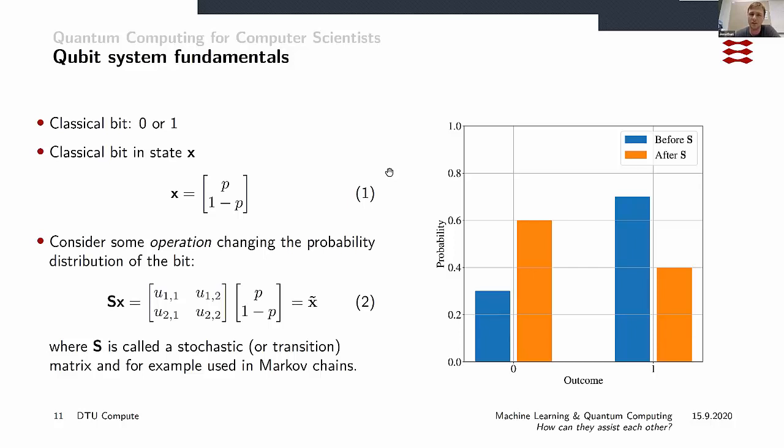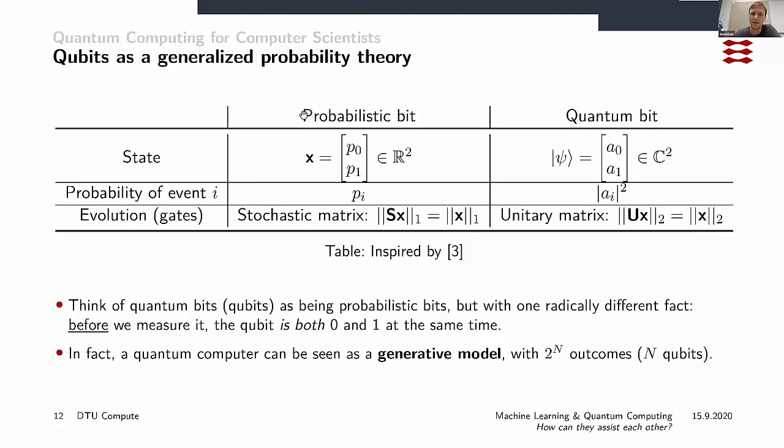And that's the general idea of quantum computing, in the sense that if we think of these probabilistic bits, we can make it even more general, right? Because before I said that these two numbers here have to be real, they have to be between 0 and 1, and they have to sum to 1. An even more generalized formalization would be to say that they could be complex numbers, as you probably already know, most of you. And now we see the beautiful parallel between probabilistic bits, which is coin flipping, right,